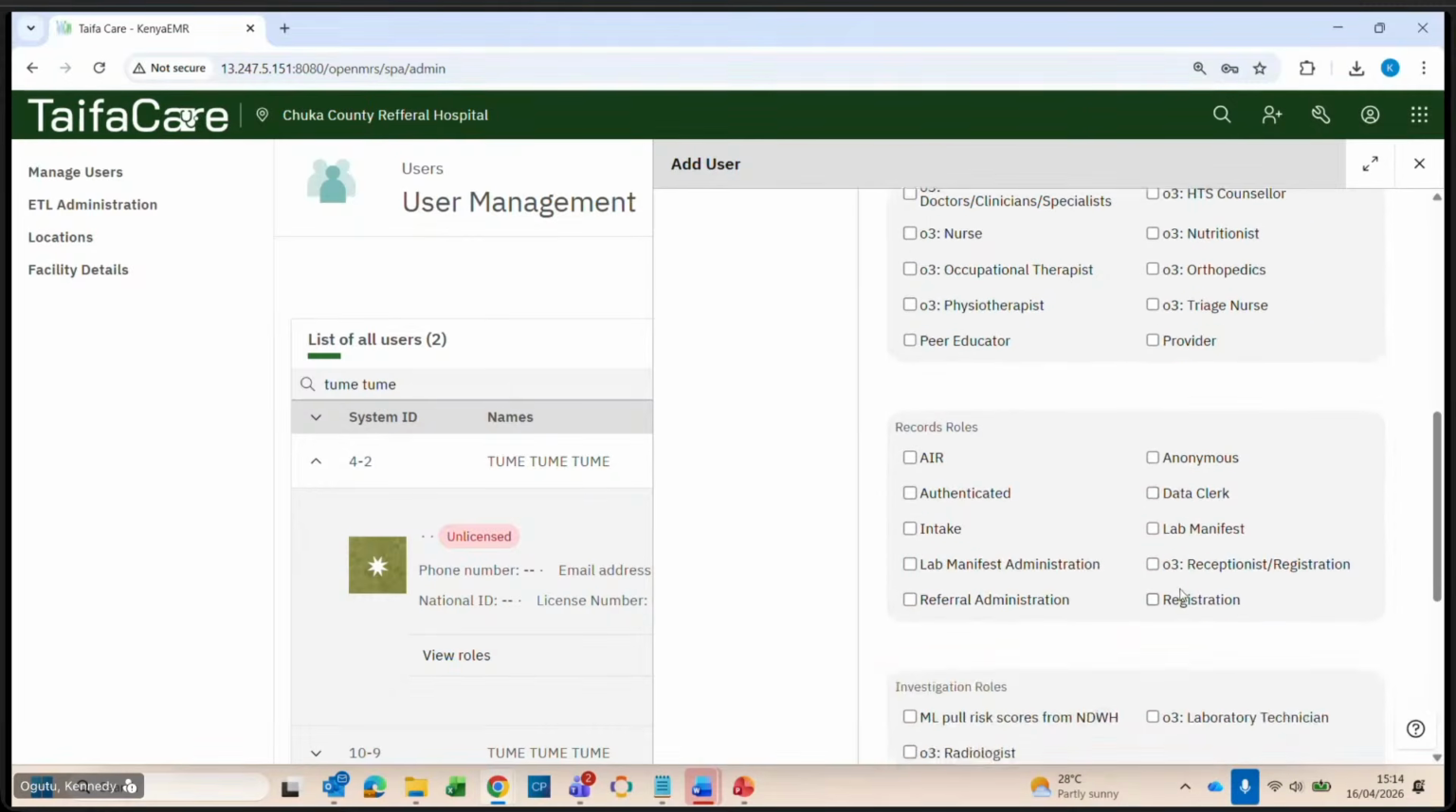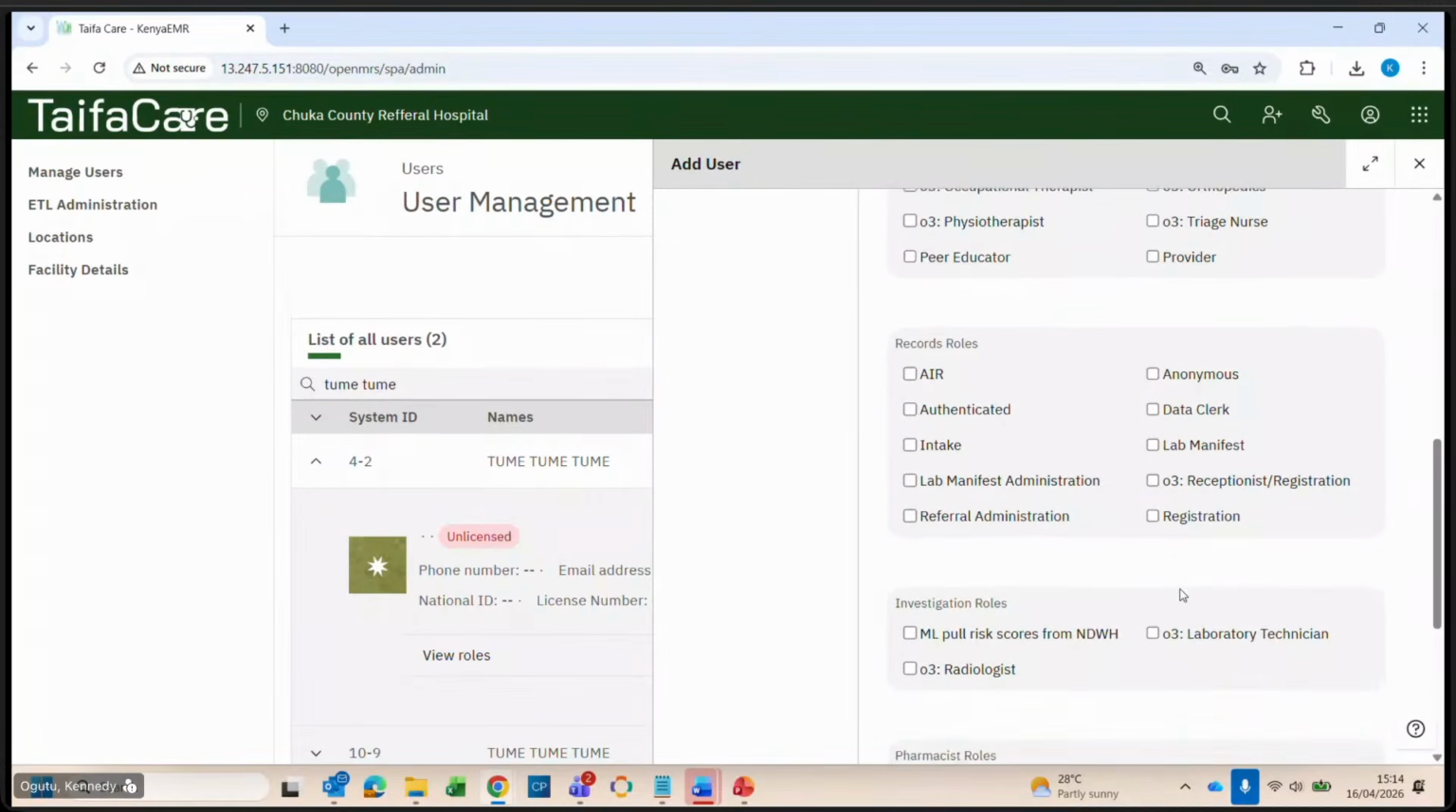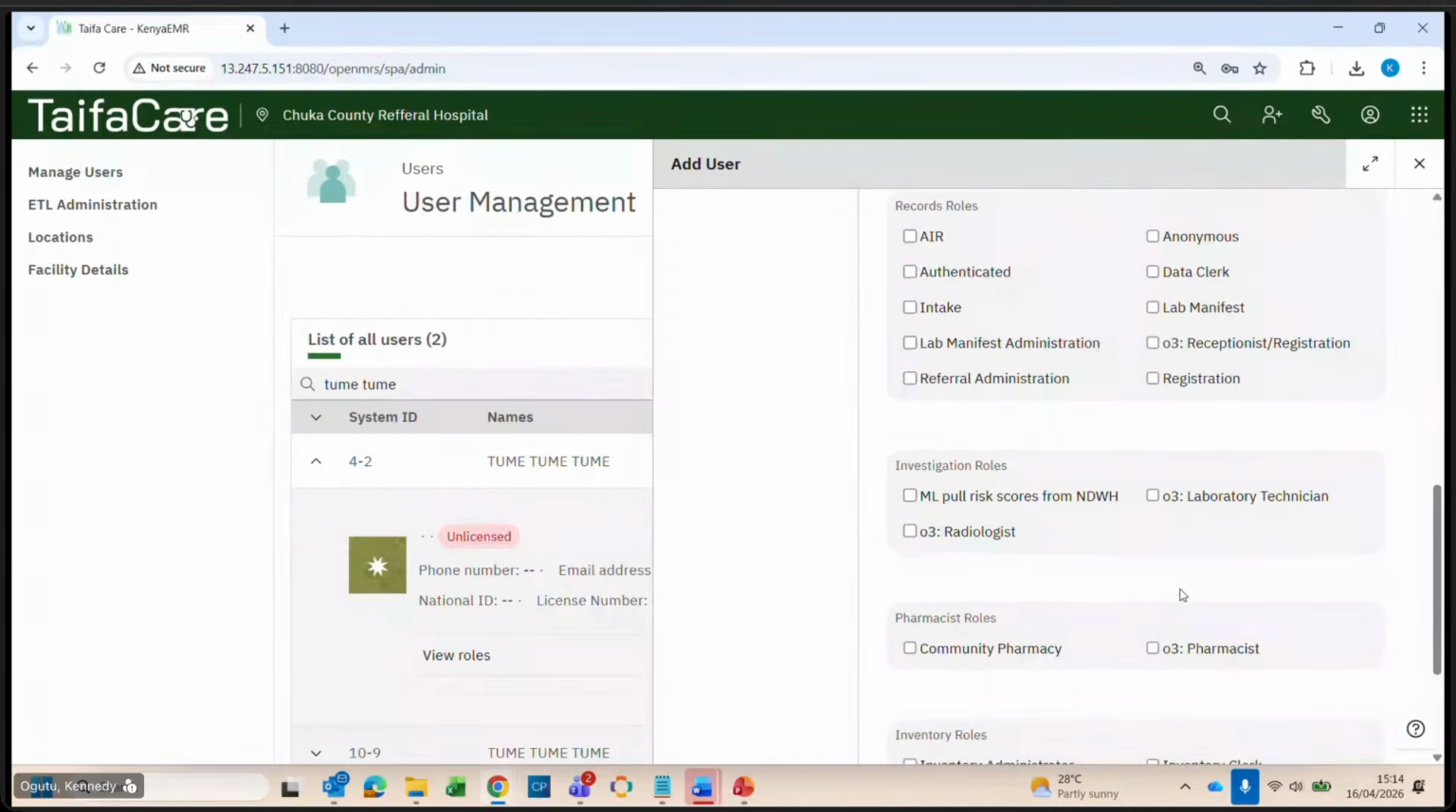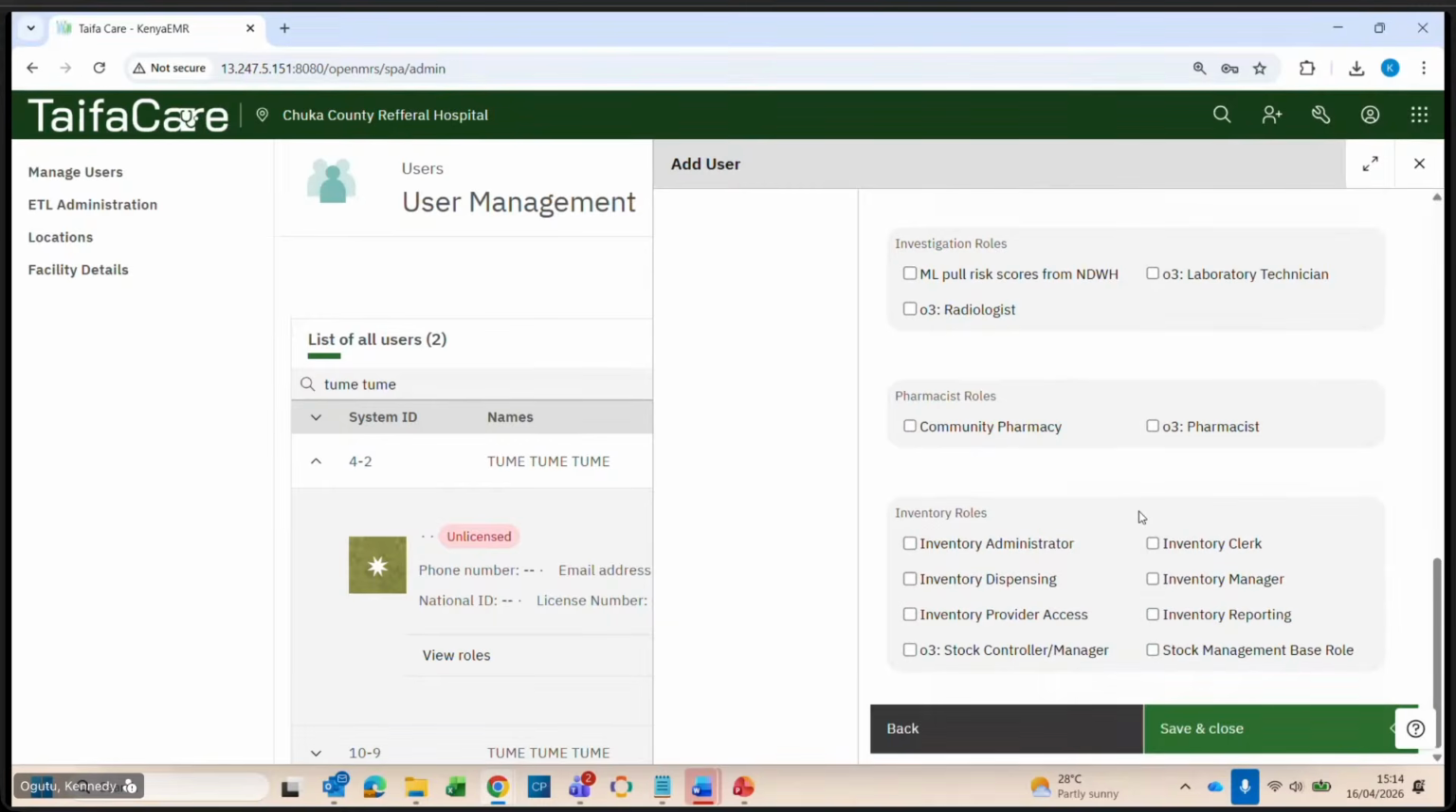We have the record roles, various roles here, and then we have the investigation roles. If you are a radiologist, lab tech, or you want to only be pulling the scores from the national data warehouse, you'll be able to be assigned the roles. We have pharmacy roles, and then we have the inventory roles. If you are working with stock management, you'll have to be assigned various roles depending on what you'll be doing within the stock management